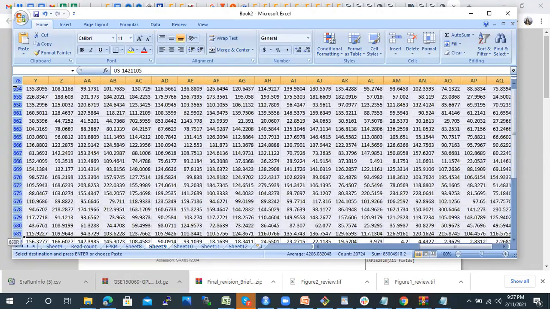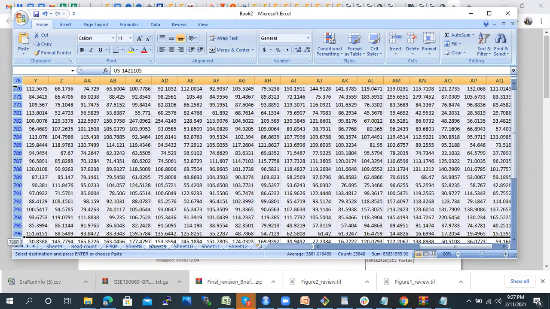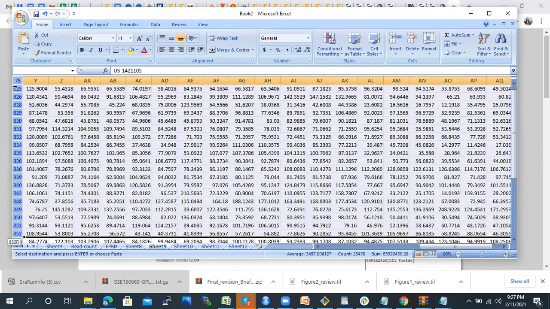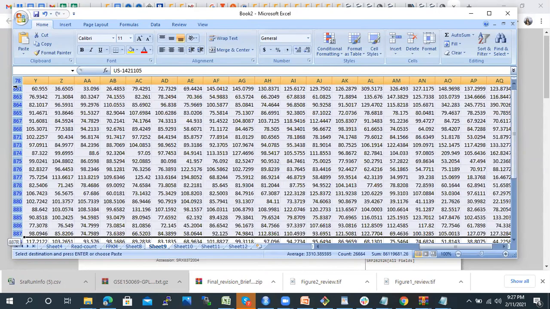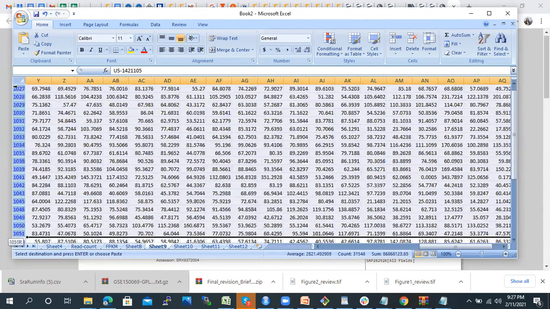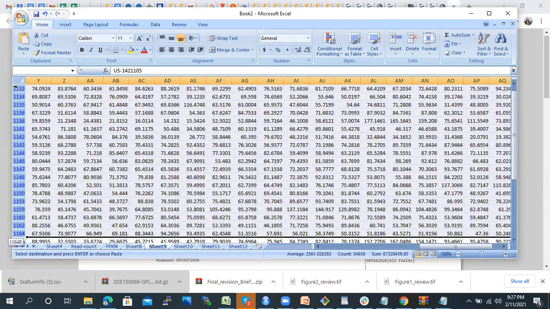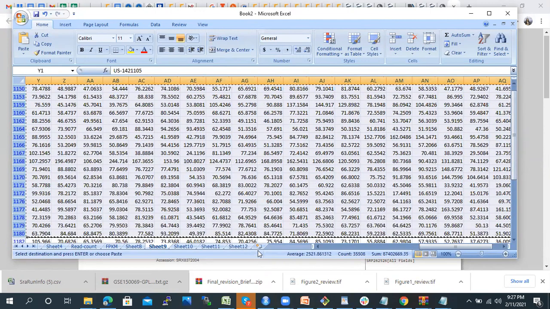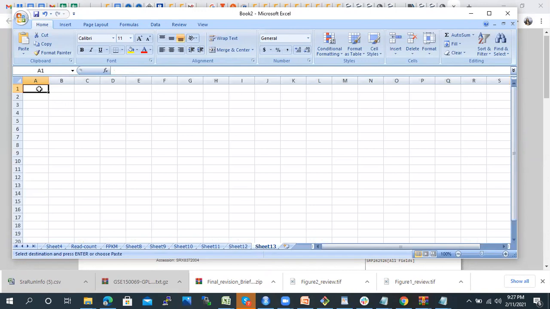I'm not taking all the genes, I'm taking like 1000 genes, something like that, just to show you how you can take the complete set of genes.